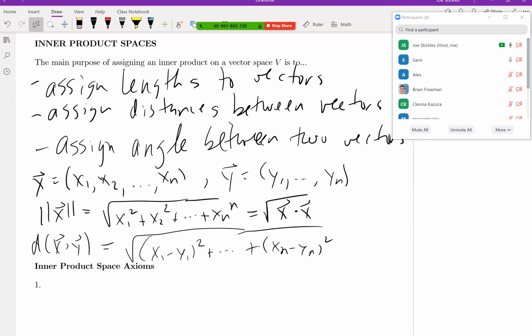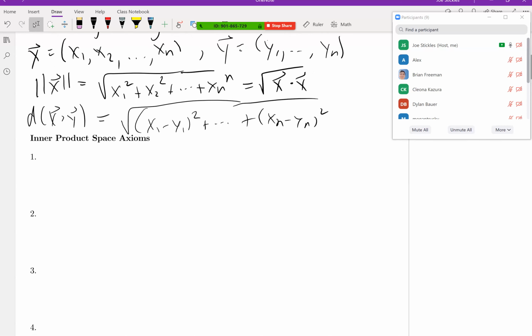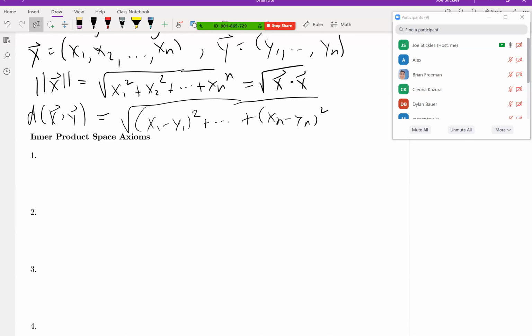All right. So we talked last time about why we care about inner products in general, and the whole idea is to be able to assign lengths and distances to vectors, and then also be able to assign angles between two vectors. So we talked a little bit about, in the Euclidean sense, what those look like, but let's talk about in general what properties we want our inner products to have in order to form what we refer to as inner product